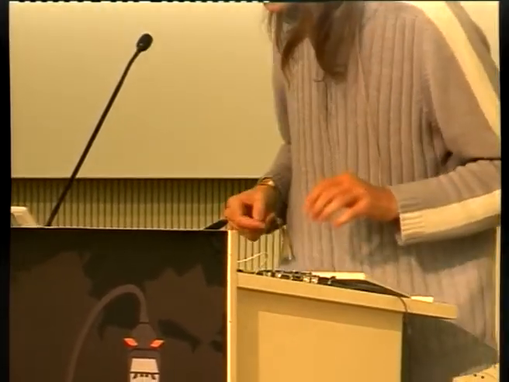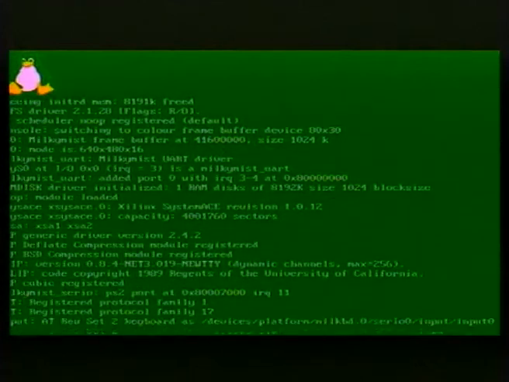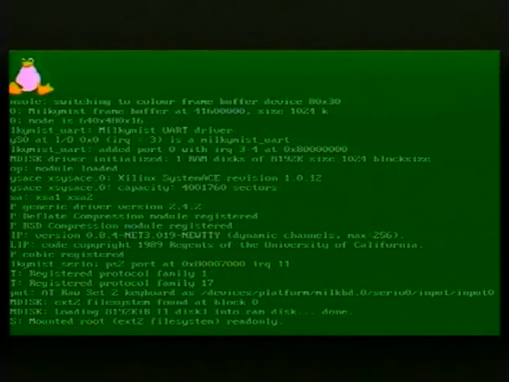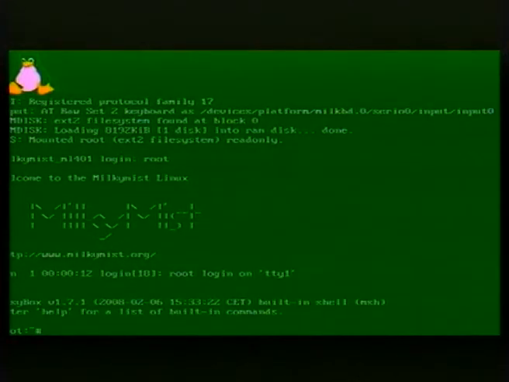Okay. Yeah, that's the splash screen. So now it's reading the CF card. It's loading the kernel and the initial RAM disk. And it should boot in a few seconds. Yeah, good. Now it's loading the RAM disk. There you go. Now you have free software running on free hardware.